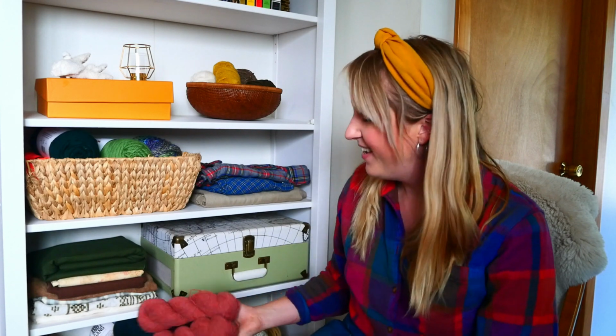Alright, so I feel like I have a lot of new acquisitions to show you. It seems with every episode I'm just buying more and more yarn. But anyways, so shockingly, the next yarn I'm showing you is Brooklyn Tweed Loft. And can you guess what I'm going to make with it? Yes, another gravel beanie. But it's honestly a hat that I truly believe in, and I think it just looks great on everyone. So instead of making it for myself, I'm going to be making it for other people now too. So this first yarn I bought